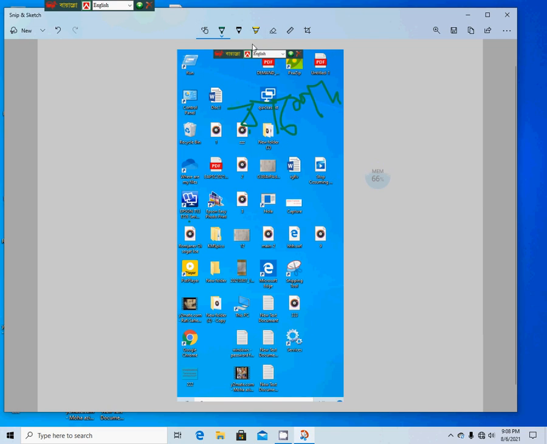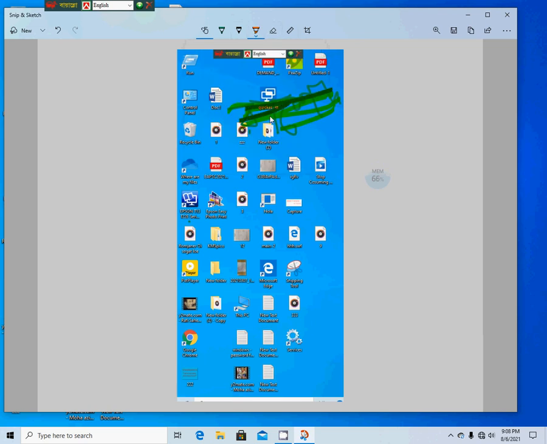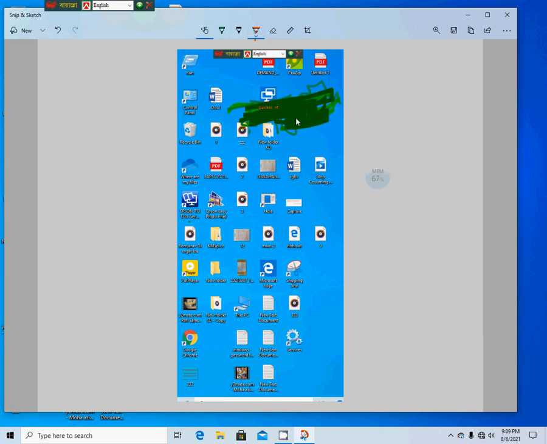You can highlight the drawings or the writings with this highlighter, and you can change color by this, or you can change the highlighter thickness or fatness by it. Now I am erasing. Next option,